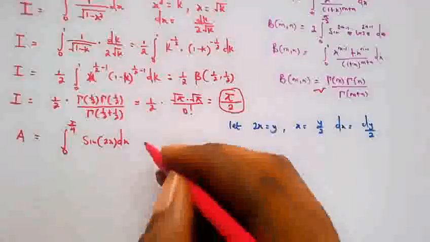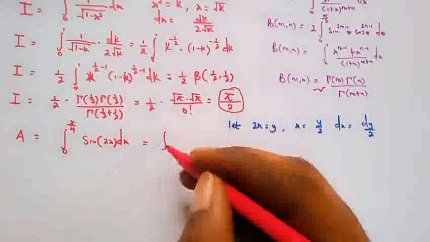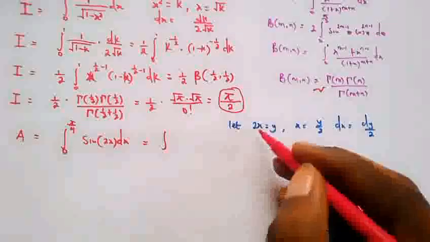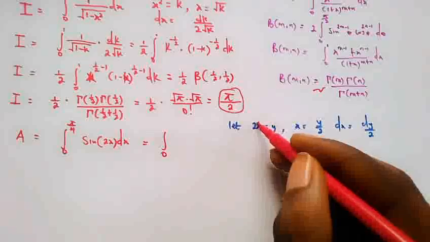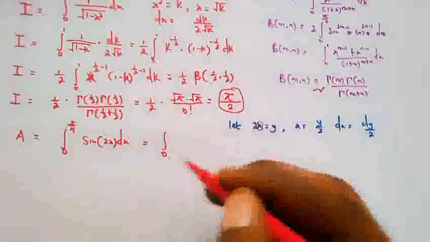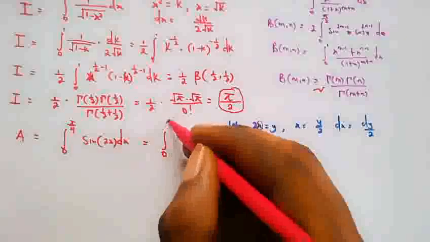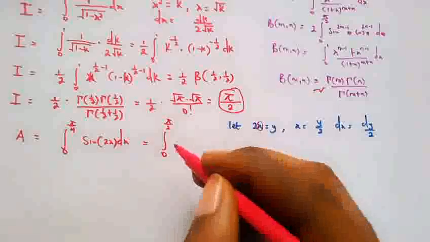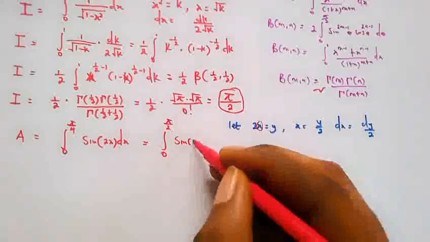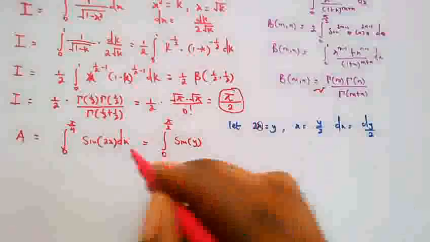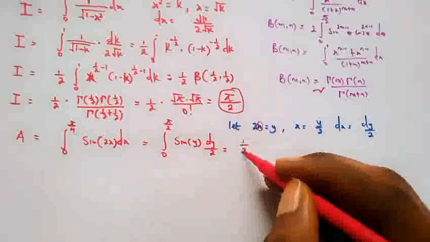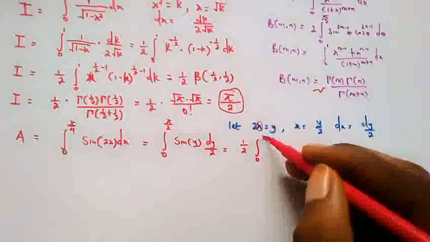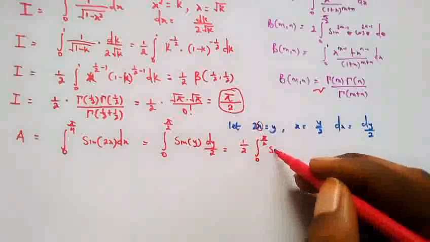Now let's check our new limits. So we have this equal to the integral. When x is approaching 0, y is approaching 0. When x is approaching pi over 4, that is 2 times pi over 4, y is approaching pi over 2. So now we have sine of y, the x is y over 2. So taking 1 over 2 out, we have the integral from 0 to pi over 2 of the sine function of